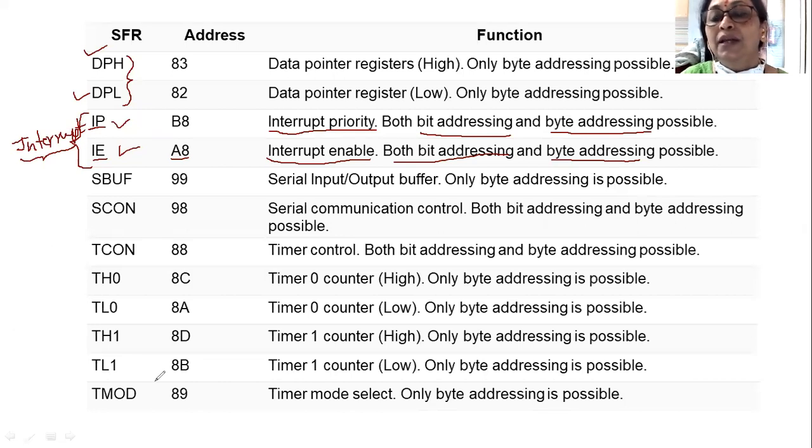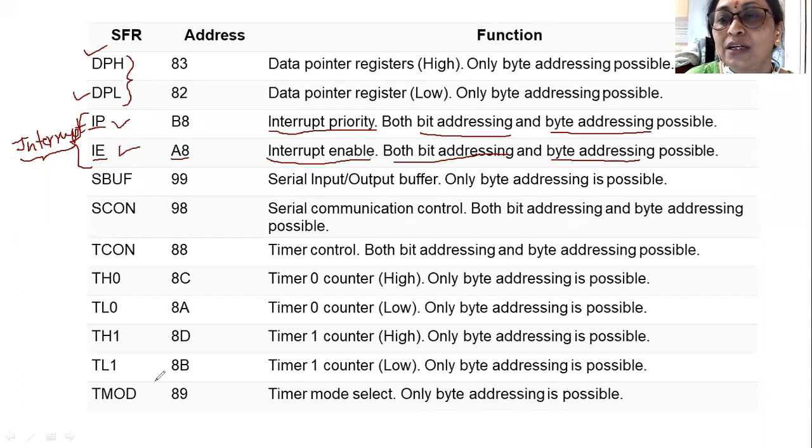Okay, so the interrupt enable register is used to enable the interrupt signals, and enabling the interrupt signal can be done by assigning value 1 to the particular bit in the interrupt enable register. The detailed structure of the interrupt enable register we are going to study later. At this point you should only know that IE is an 8-bit wide register which is used to enable the interrupt signal, and enabling can be done by writing logic 1 at a bit position of the interrupt enable register.